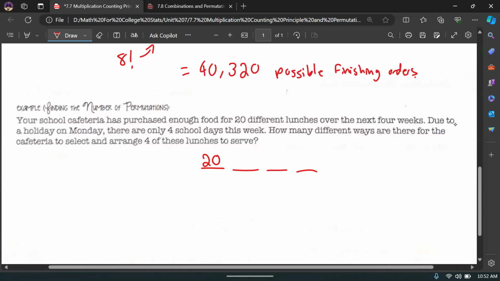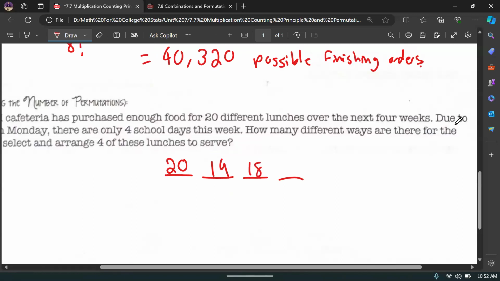But the second day, because I've already used one of the possibilities, the second day is only going to have 19. And now because I've already used up 2 different lunches, the third day, there's only 18 possibilities that remain. And of course, the fourth day, there's 17 possibilities that remain. This is your slot method. This is going to be our total number of ways we could do it. 20 options for day 1, 19 other options for day 2, 18 options left for day 3, 17 options left for day 4. And this is going to come out to a grand total of